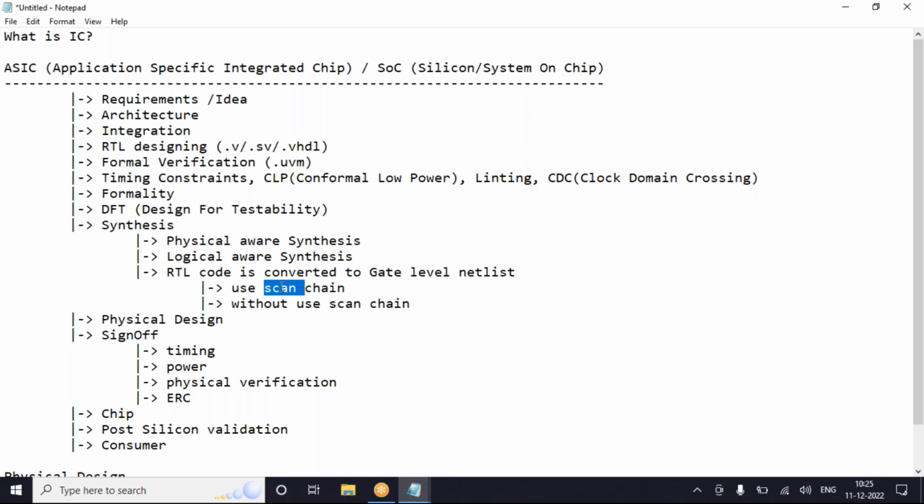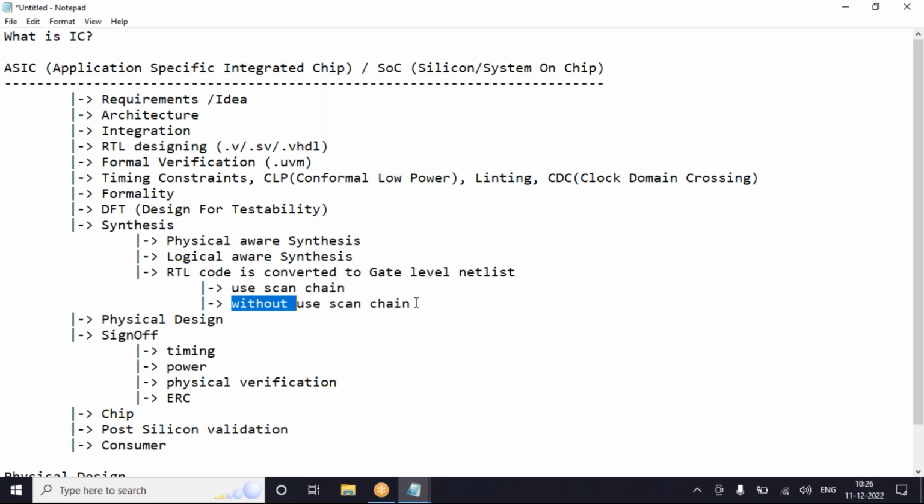So I will insert extra logic in this synthesis stage by using the information provided from the DFT. I need to verify that as well. By inserting this extra logic, is my code affected or not? So we will be performing this in two stages. The first stage without scan chain and the second stage with scan chain.